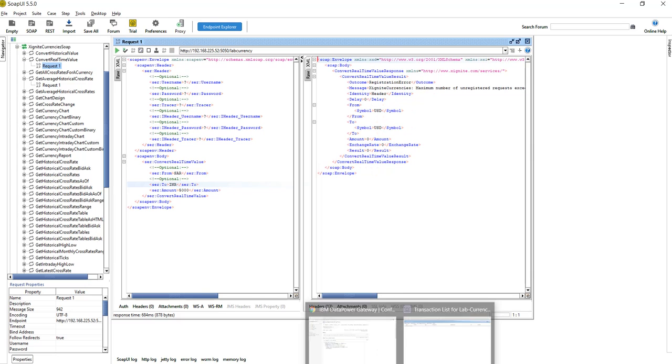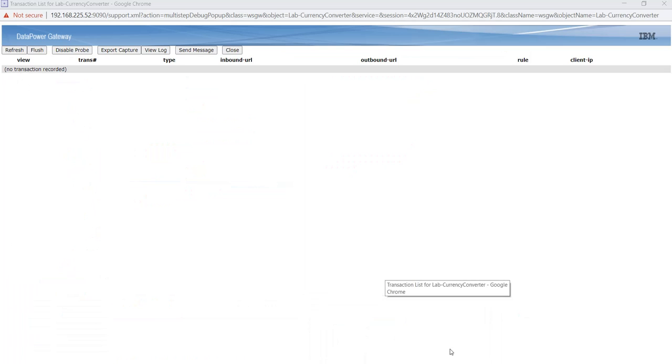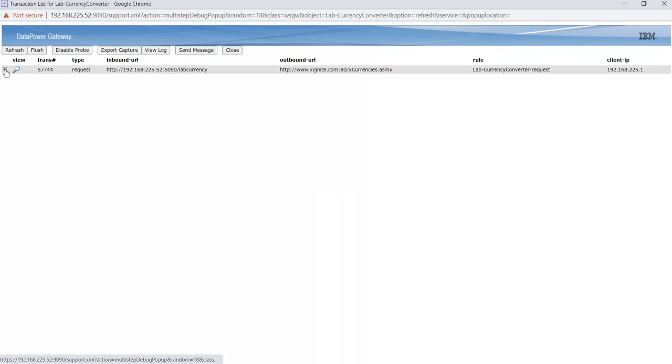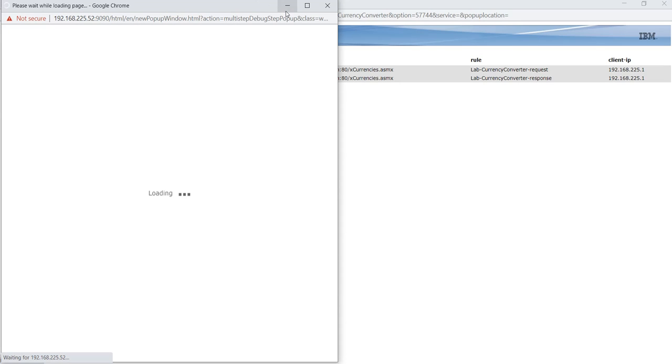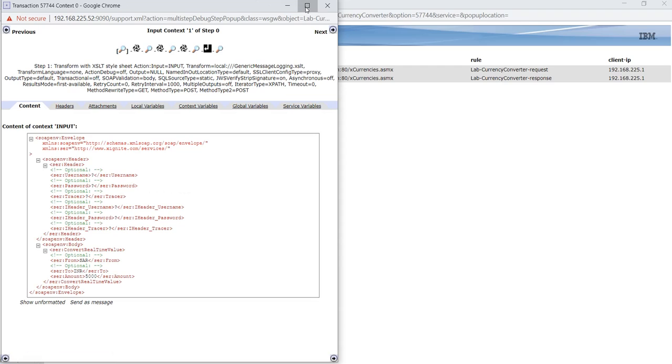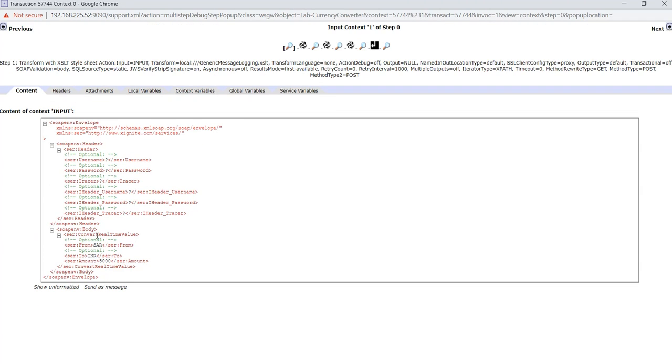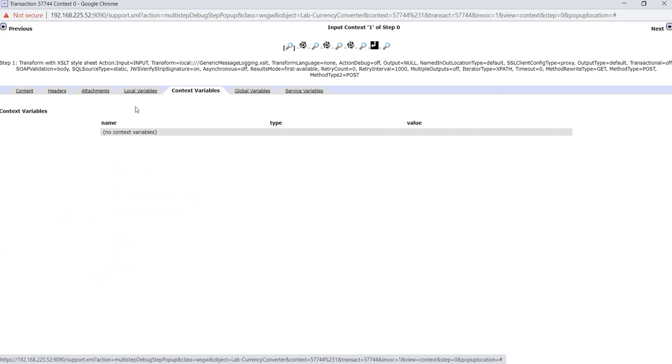Now let's see what we received in our probe. This is the request message, the input, and in the context variable we are not able to see any context variable here, because we are just using the generic logging message.